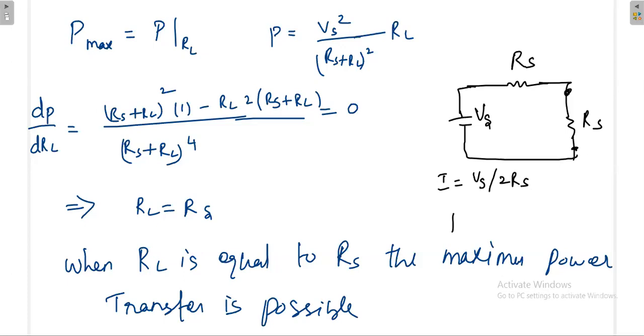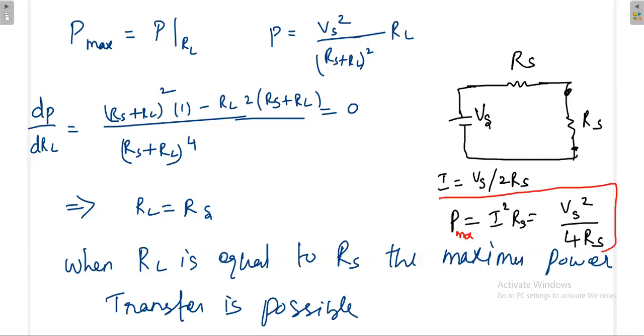Then what is the power? Power is equal to I square R. Once you do this, again I square Rs, so you'll get Vs square divided by 4Rs. Then what is that maximum power? That question they will ask. You have found out the condition for the maximum power transfer theorem. Then what is that maximum power? That is source voltage square divided by 4 into this resistance, because this resistance and this resistance both are same. Now you take one problem, 3 ohms, and here RL is variable.